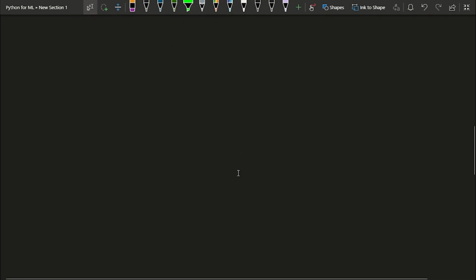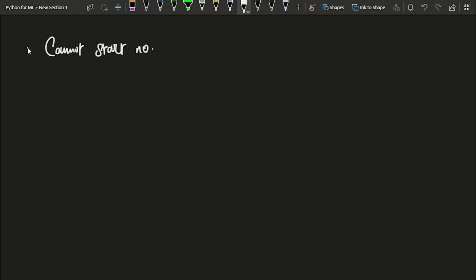Now whenever you give any name to a variable, you have to follow some guidelines. For example, the variable name cannot start with a number. Second, let's say I'm creating a variable called age.